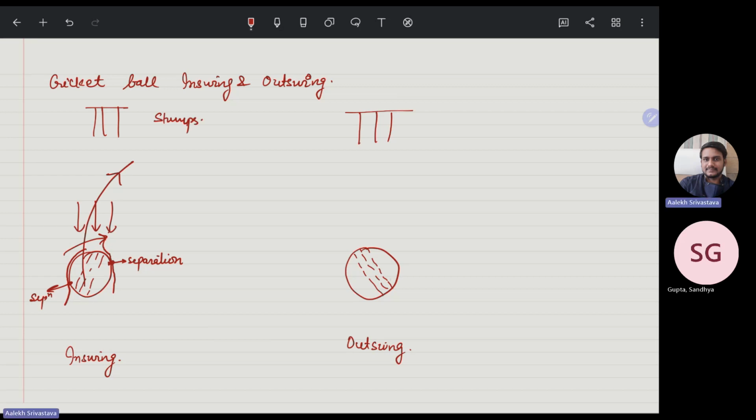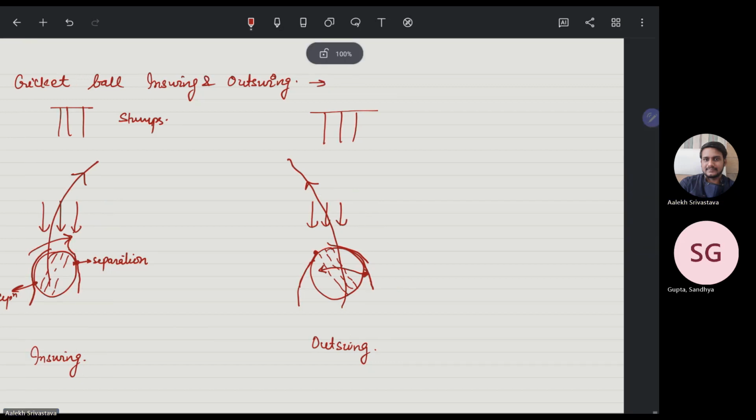Now, for this configuration, a similar thing will happen. The flow will happen. Here we have the thread, and the thread will separate the boundary layer because it will lead to the turbulent region, and in the turbulent region, the earlier the separation will take place. Then at this point we have a difference, that at a larger curvature the separation will take place, and again this will induce a force in this direction, and it will lead the ball to go outside. And that is the difference in the cricket ball, and it happens because of